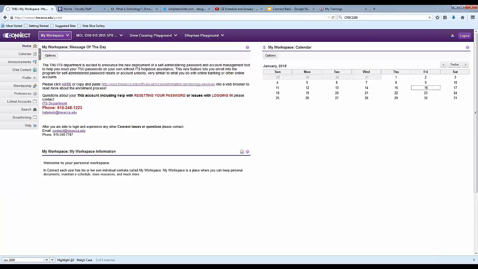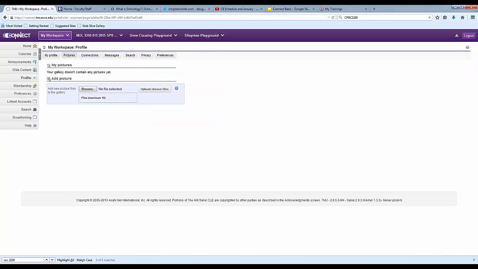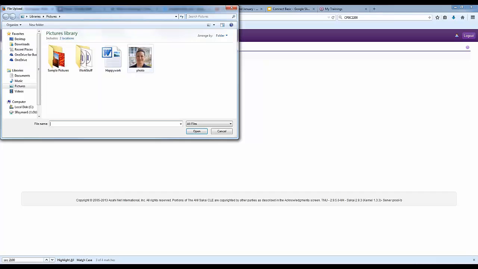First, I want to add a profile picture to my profile within Connect. So on the left-hand side, you see the Profile tab, and you click on that. It takes you to where you can edit settings within your profile. At the top, there's a tab called Pictures. If you click on that, now you can go to Browse and select your photo. You're actually browsing the files within your computer, so make sure that you have a photo located somewhere on your computer and you know where it's located